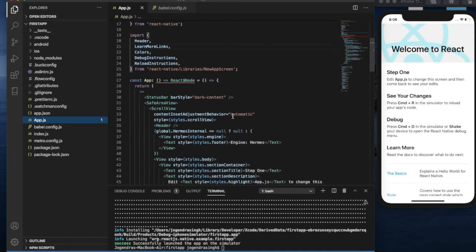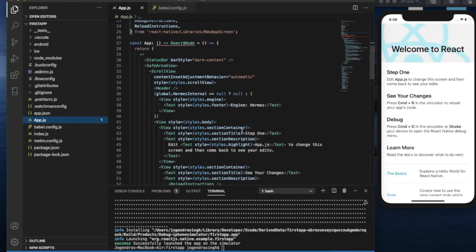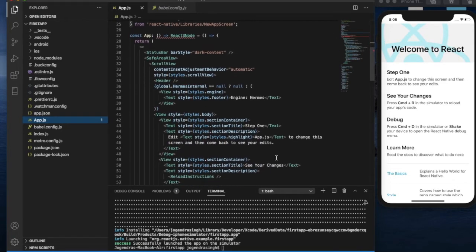If we look there, some JSX code is written, and we will try to change it and see what effect it has. Here we can see some JSX code written, and some styles, ScrollView, Text and so on. So if I change something like that, see your changes. I am writing here 1 2 3 and I am saving.